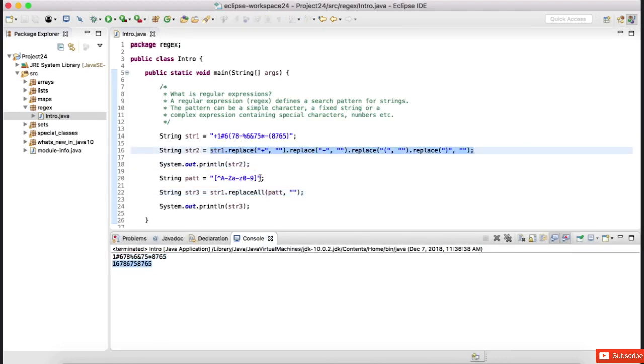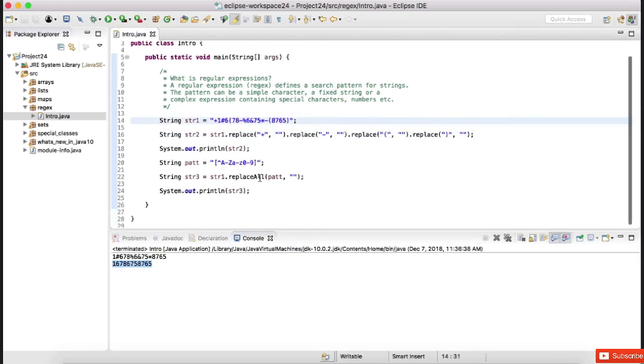All the special characters are always getting removed, so it can be very handy, very useful to use regular expressions, and mandatory also. You need to know the use of regular expressions if you want to work effectively in the Java programming language. So this is the example that I wanted to take to demonstrate why we need regular expressions. Now in the next few sessions, let us understand bit by bit how to create the patterns. Let's first understand how to create the simple patterns. We'll understand some basic characters and stuff like that. So thank you so much for watching this video, and I'll talk to you in the next